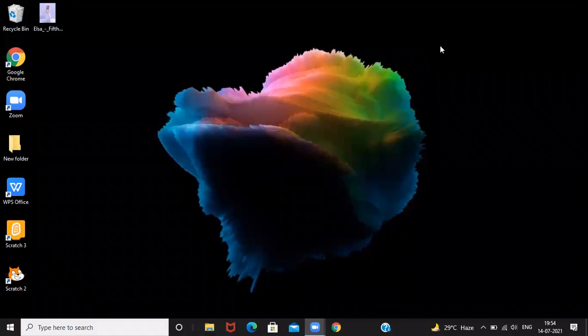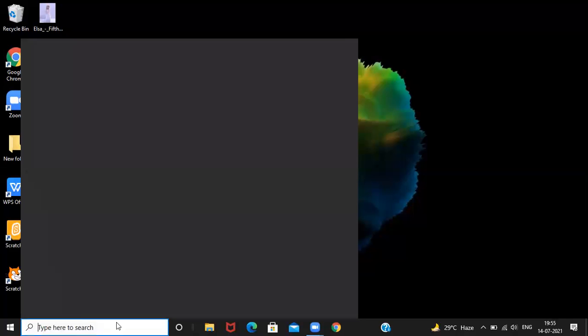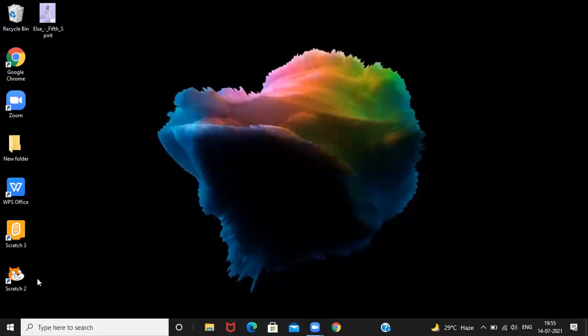Now there are many more problems. Sometimes we forget to shut down our PC at night and in the morning our computer gets hanged, and we try to shut it down, but if we continuously click on the start button, we are unable to get the other options. The start window does not open, neither does the search bar. Right now it's opening, but when we forget to shut down and it's hanged, it doesn't.